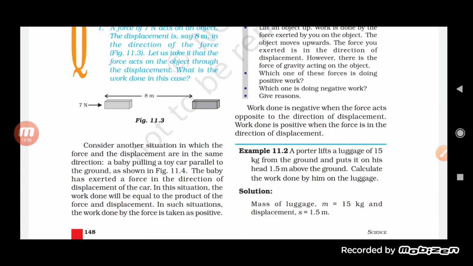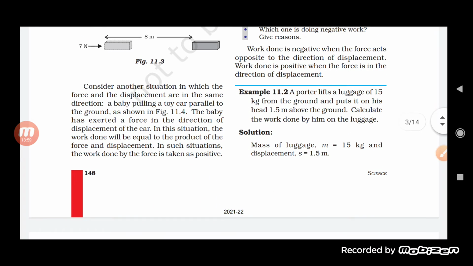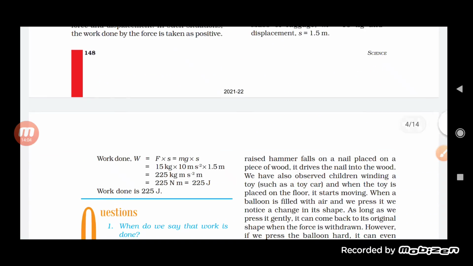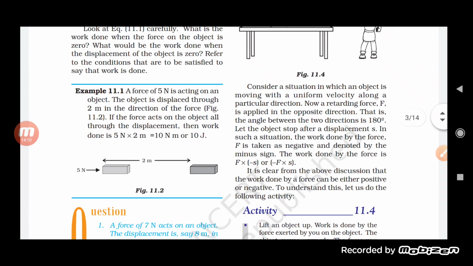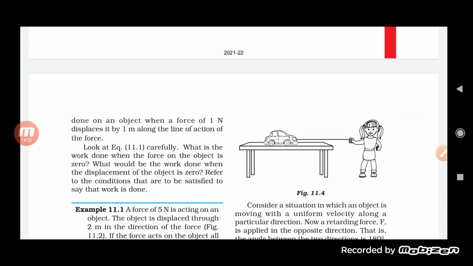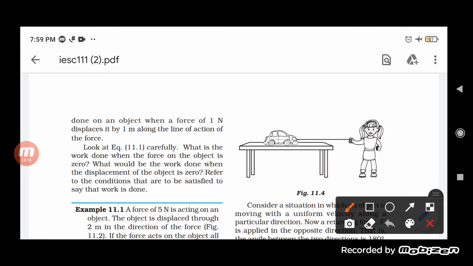Okay. Now here there are some situations, students, in which we will try to understand the work done by an object. Now let us try to understand this concept in a better way. See, students, what happens? Suppose you can see here a girl who is pulling a trolley bag. When she pulls the trolley bag, a force is applied by her in this direction, but the trolley is moving in the forward direction, and because of that, this is the applied force, but this is the direction of motion. Now what kind of work is done here?